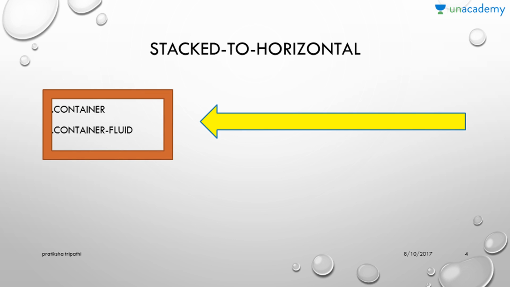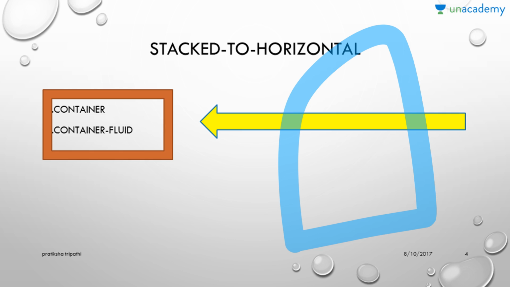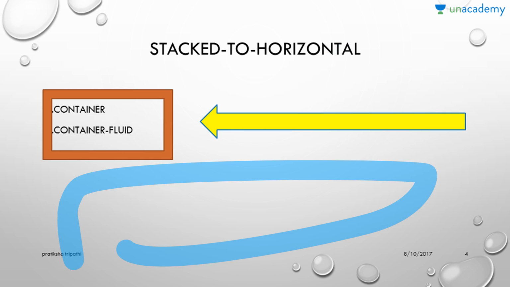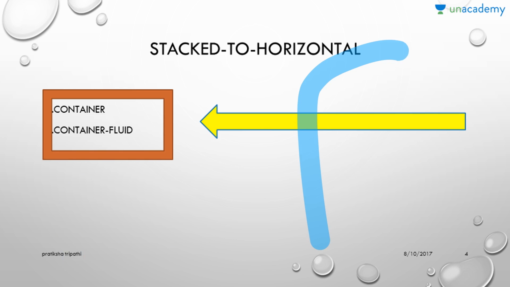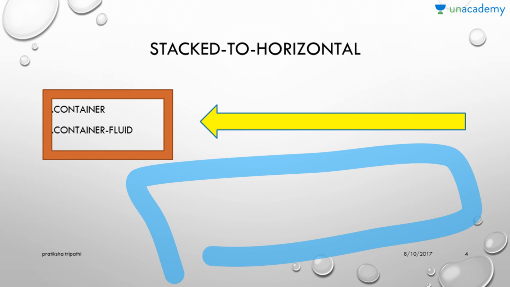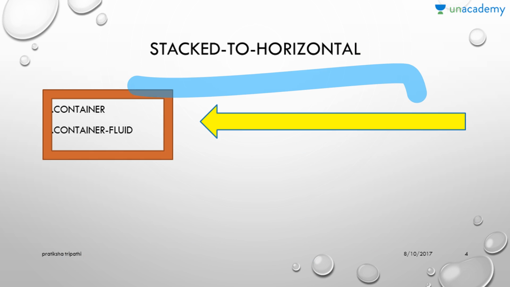So the device, when you open a web page on a mobile, how it looks stacked, that means embedded upon something, okay, and it becomes horizontal when you open it on the desktop, because the screen size is different. So stacked to horizontal means what? Two column layout, meaning 50% will be stacked and 50% will be horizontal. Like 50% will be like this and 50% will be like this. That is called stacked to horizontal.